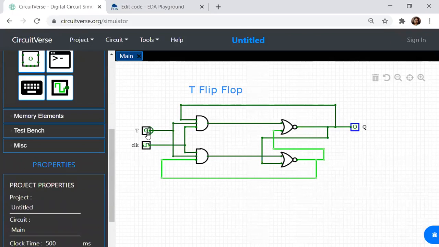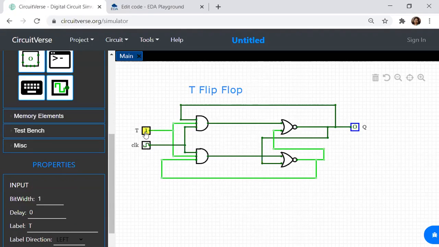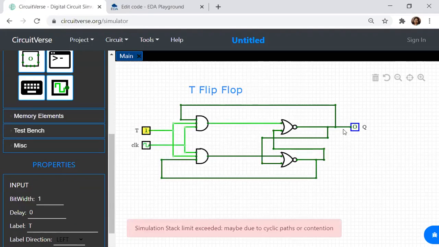When T is 0, it is at 0 only. When T is 0, it will follow the previous state. It is not changing, 0 was the previous state. So it is retained in the previous state. When I make T as 1, this will toggle.